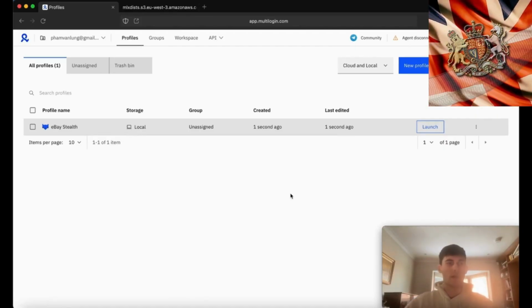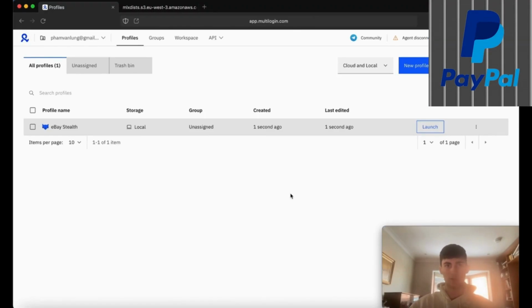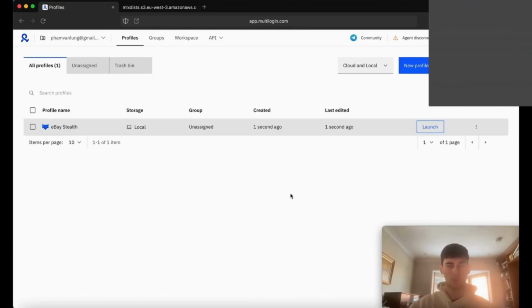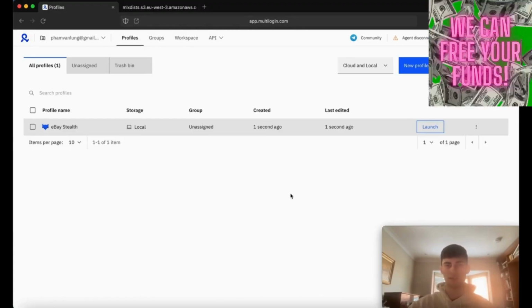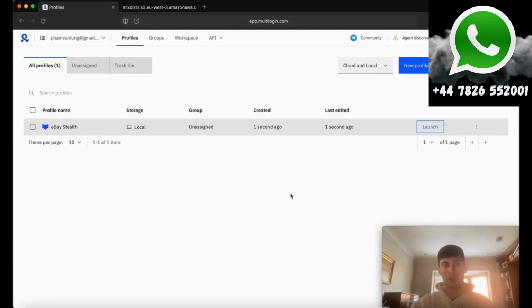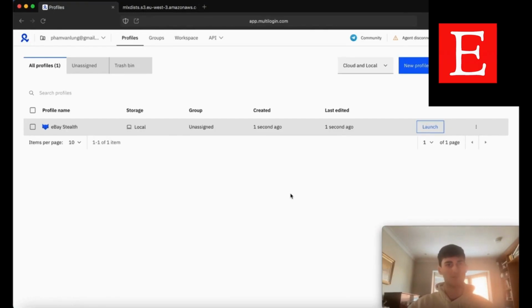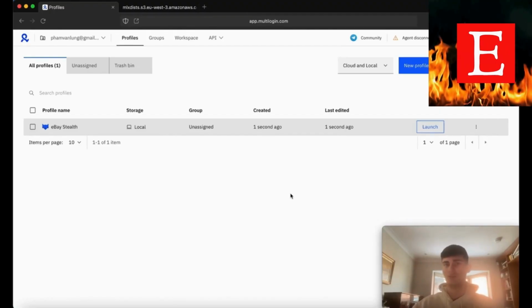Another really cool thing that I didn't mention is they have IP rotation. What that means is if you're using something, for example, like IP Royal, which is a proxy provider, their proxies are rotating proxies. So you would actually be able to use rotating proxies with Multilogin, which is really cool. However, most of you are not going to be using rotating proxies for a Stealth account because that will defeat the point of